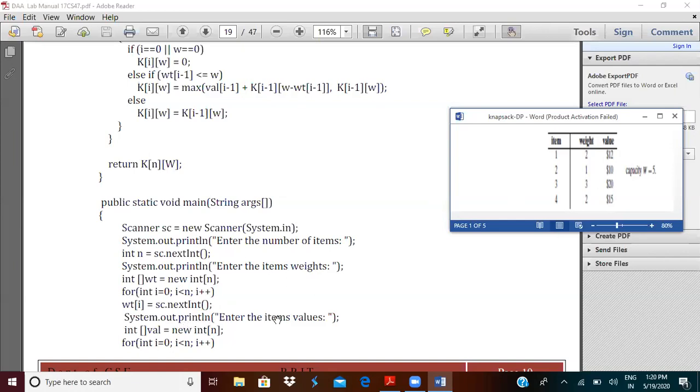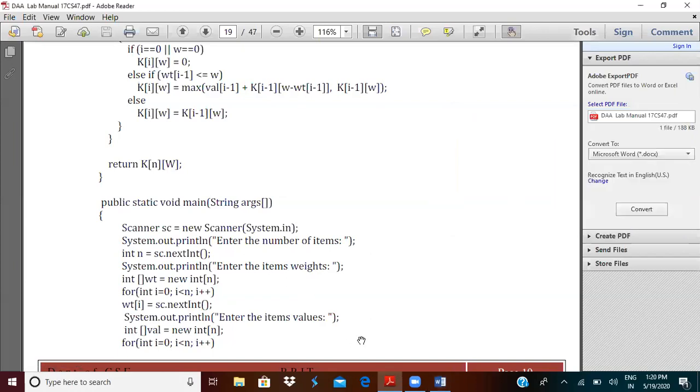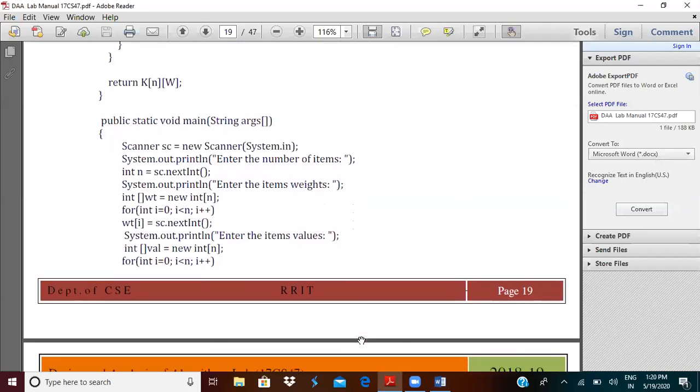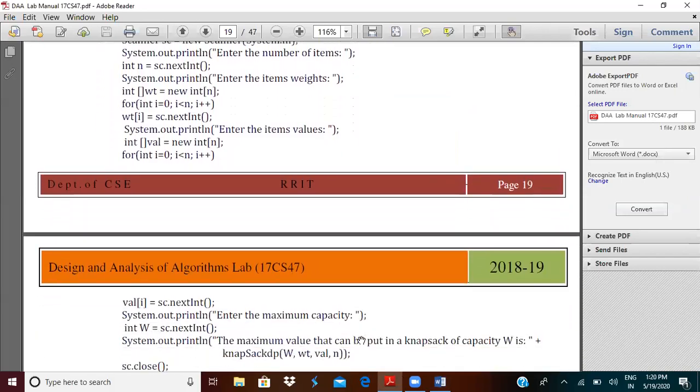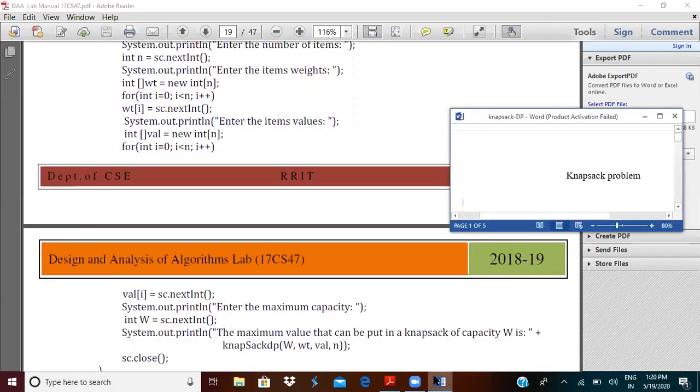Ultimately it is going to ask system.out.println, enter the item values. Again, I'm going to declare an array called val, and through this for statement, I am going to fetch the values for the val array.